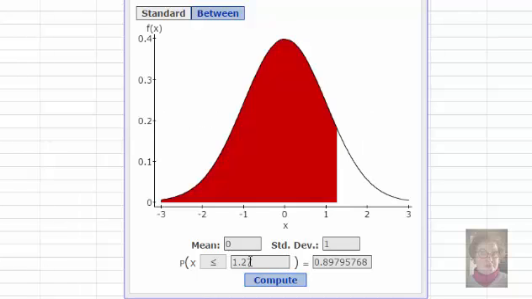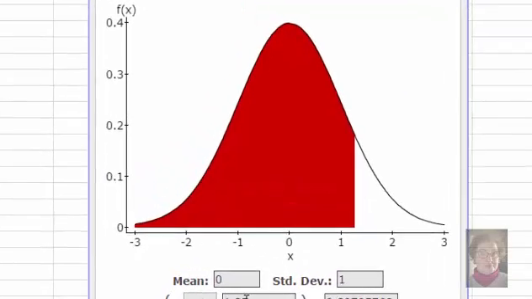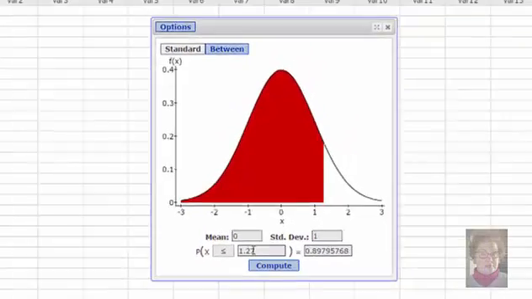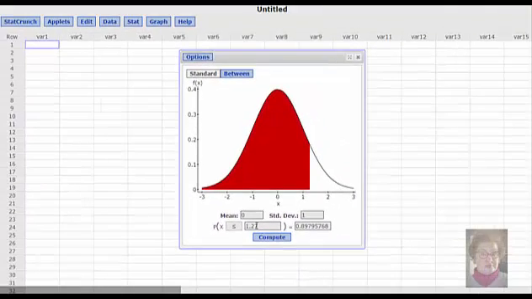And what you see is a very nice sketch. Notice that a reading of 1.27 will be 1.27 standard deviation units above the mean. We're looking at the area to the left of that, the area less than. If it was less than 0, it'd be 50%. Our answer is more than 50%. So we can say that